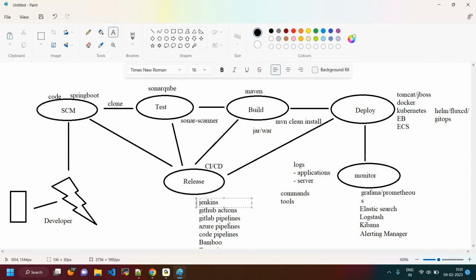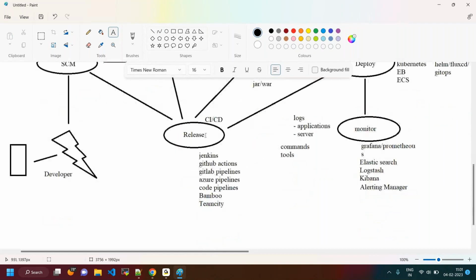I will give you about GitHub Actions also, how we are going to be writing. Okay, and if you have any Azure account, I will explain about the Azure pipelines also, how we can write a simple pipeline in this. Okay, like we can go and see these many tools are there.